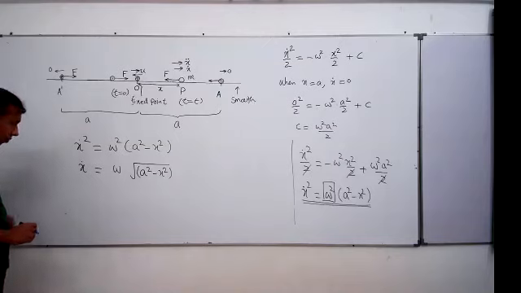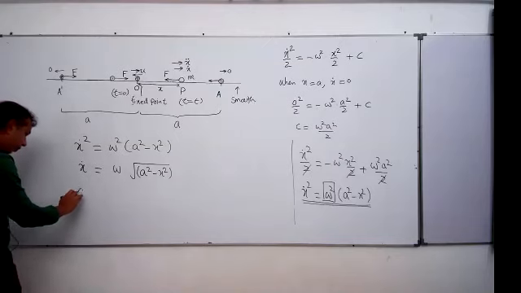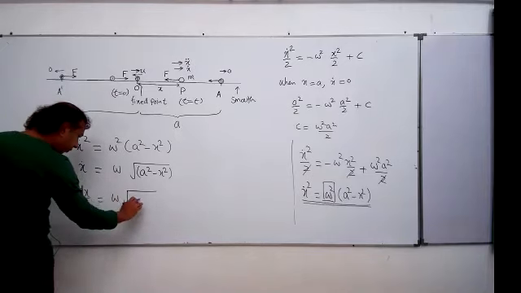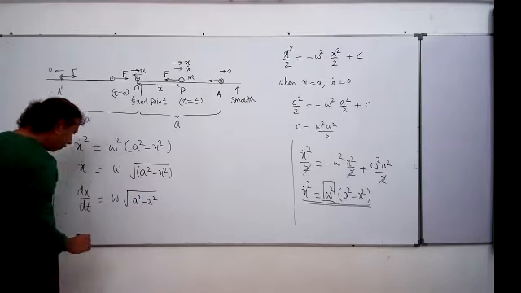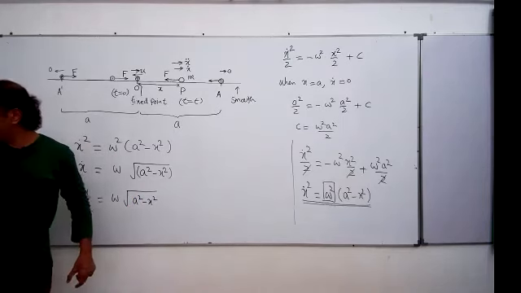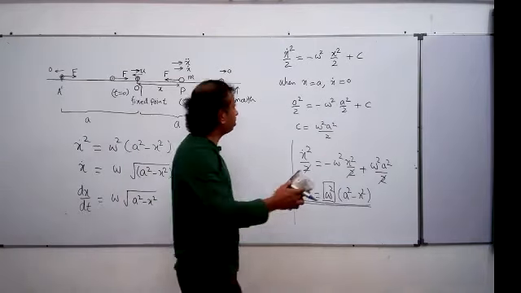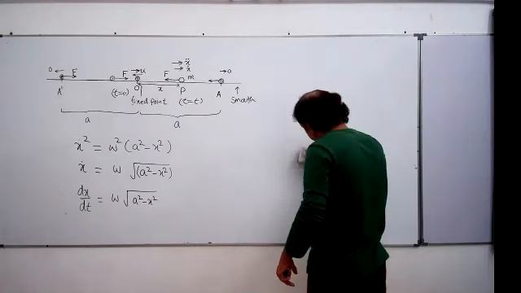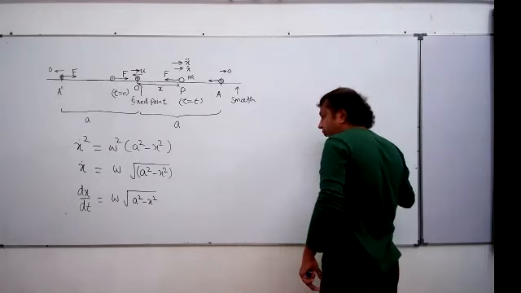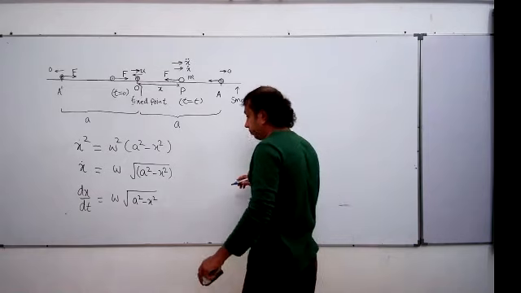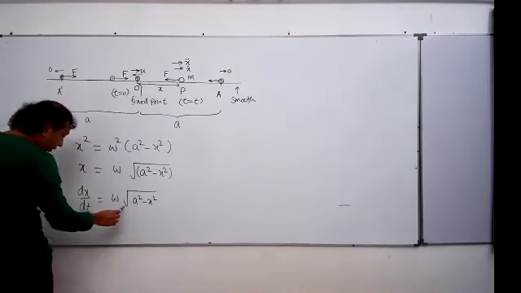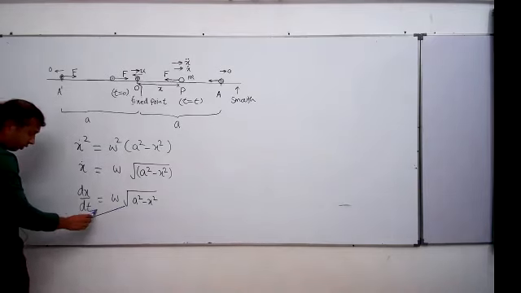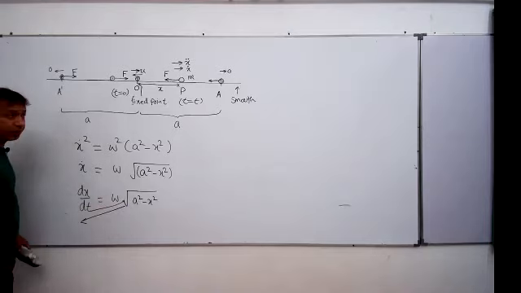Now, people, this x dot means dx by dt, right? Omega this. We have this way, right? Here also we use the integration technique to get this answer. I bring this square root part to the left hand side denominator, this dt to the right hand side numerator. Then we get